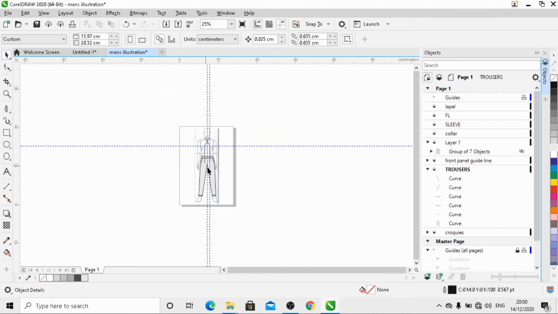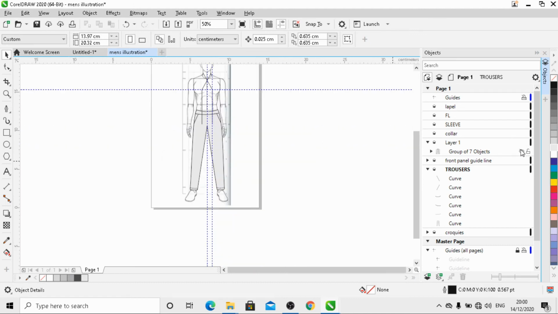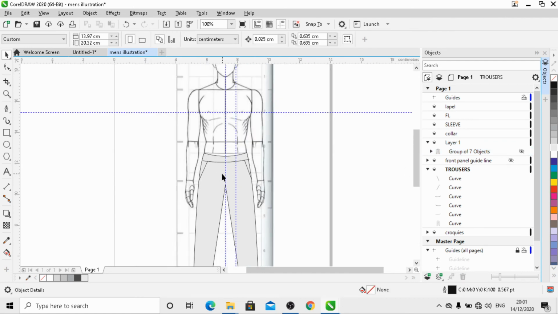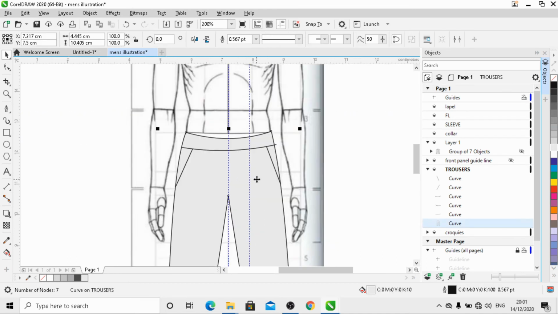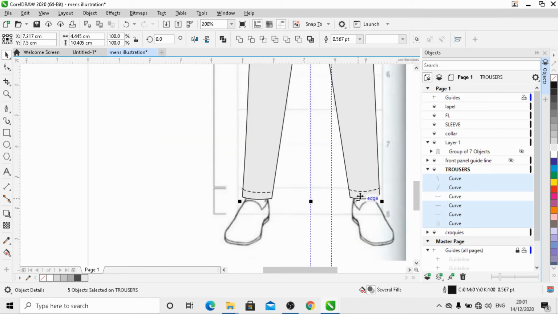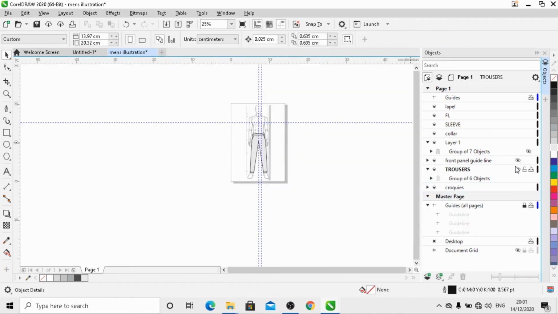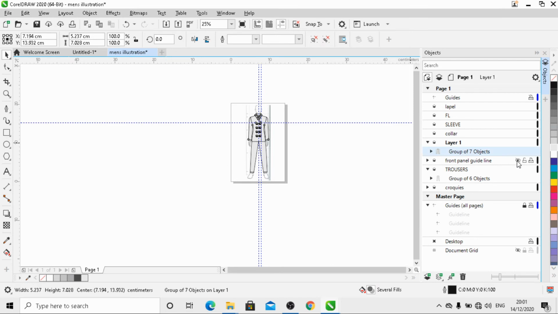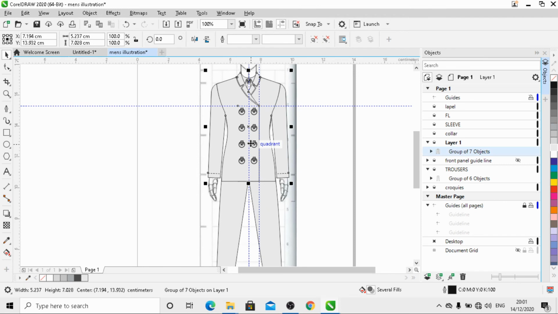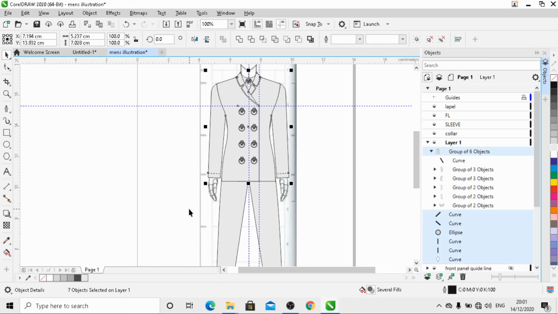it's okay. Now we have to make the garments visible. To make this invisible, and after that we have to make the selection. Pressing the shift button, we have to select all the lines, these stitches, and group them. Now we have to open this, and then select and ungroup it,